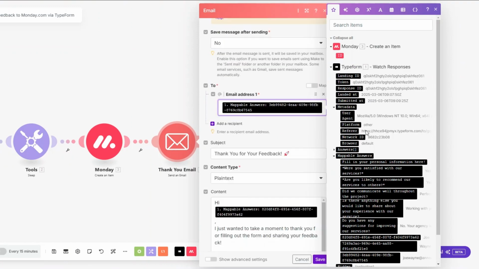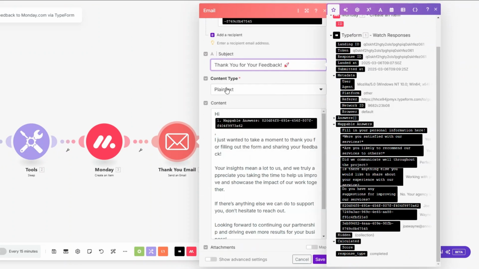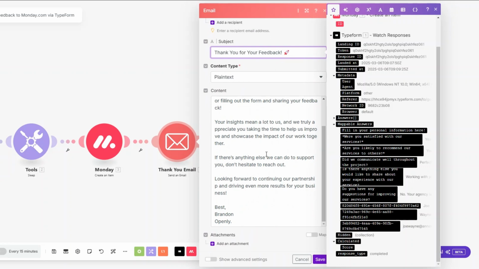Here I'm going to add our client's email address as a recipient. Subject line of the email could be along the lines of thank you for your feedback. Content type, I'm going to choose plain text. The content of this email could be along the lines of: Hi, first name. I just want to take a moment to thank you for filling out the form and sharing your feedback. Your insights mean a lot to us, and we truly appreciate you taking the time to help us improve and